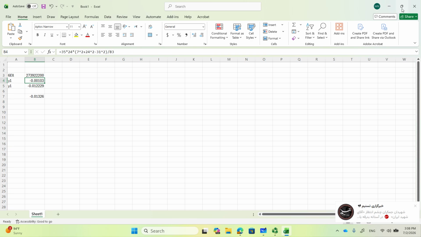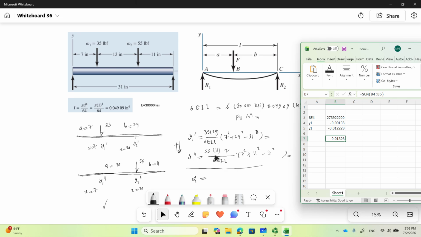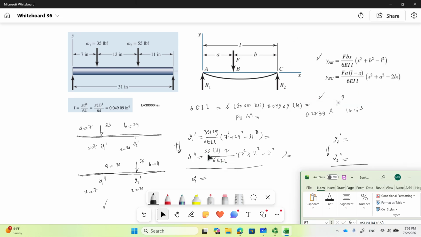Alright, so hopefully I did it right. Yeah, I don't think this is matching what we had before. So, let's see again. Is there any other mistake here? 55, 11, 7